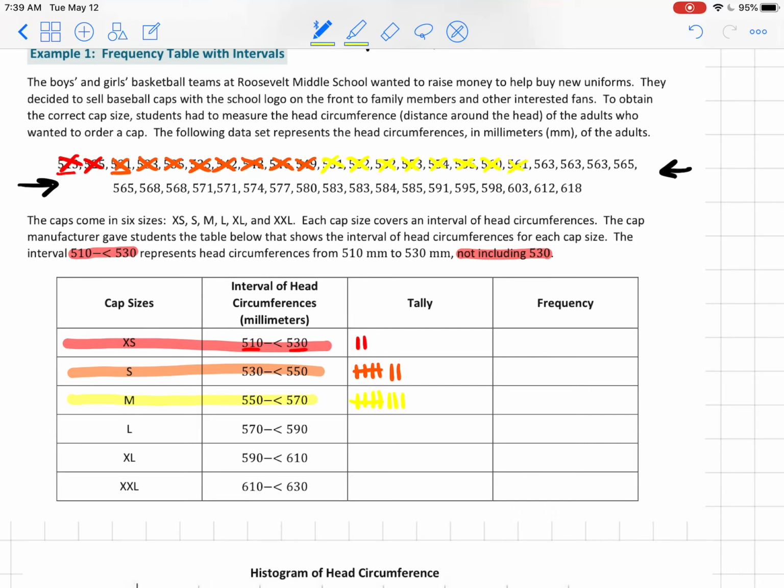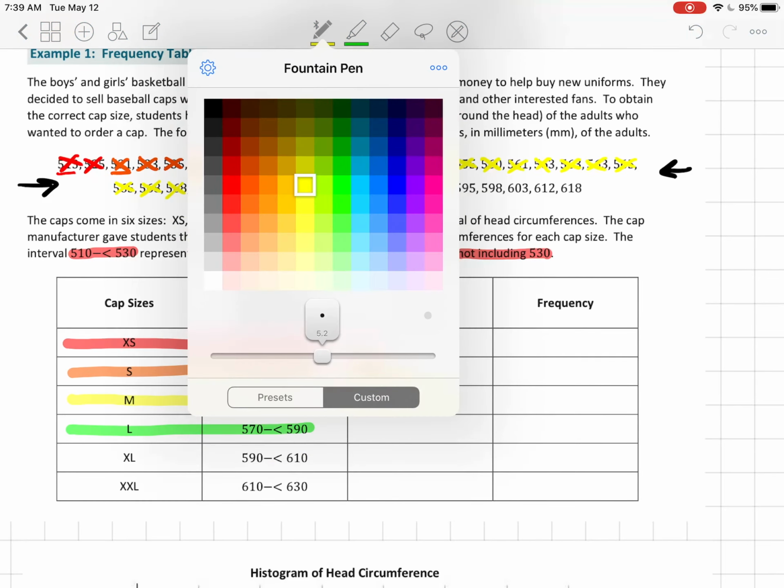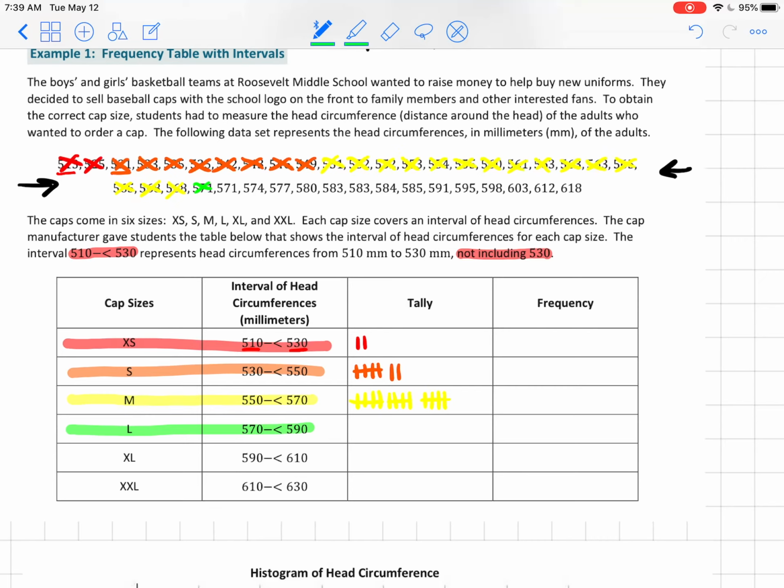561, 563, 565, 565, 568, 568. 571 is bigger than 570, so we need to go up a size to that large. We see two 571s, 574, a 577, a 580, 583, 583,